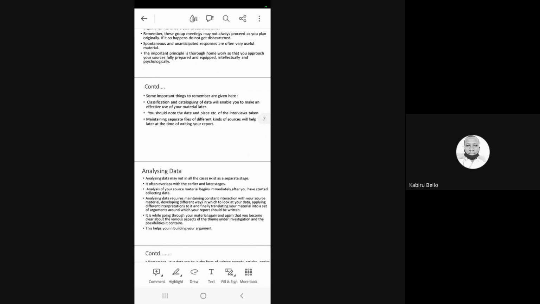So nowadays you need not distribute the form to people openly. You just collect their email ID, or if they are in a WhatsApp group, you can just send the Google Form to them. Suppose you have some friends, first you prepare the Google Form, that is the questionnaire, and you can send it to respondents by email.